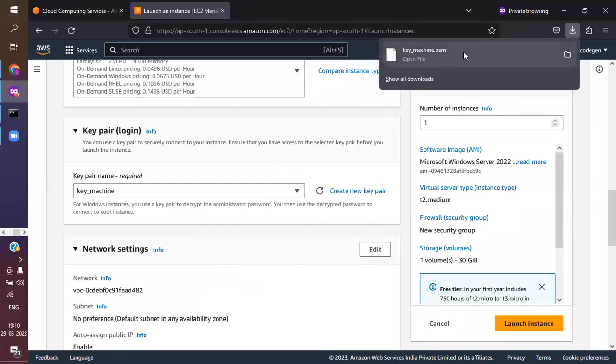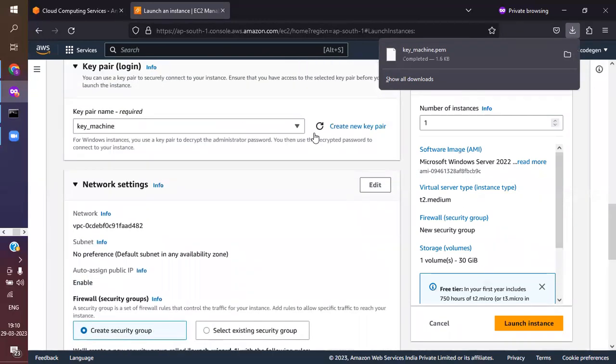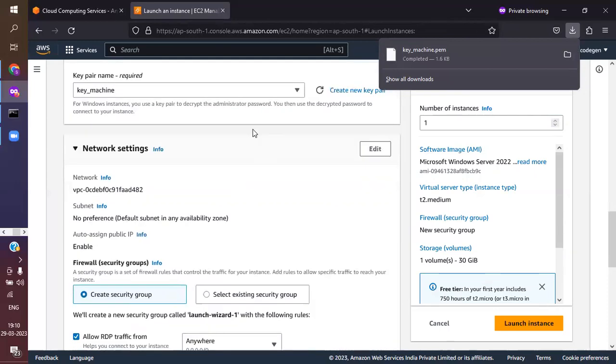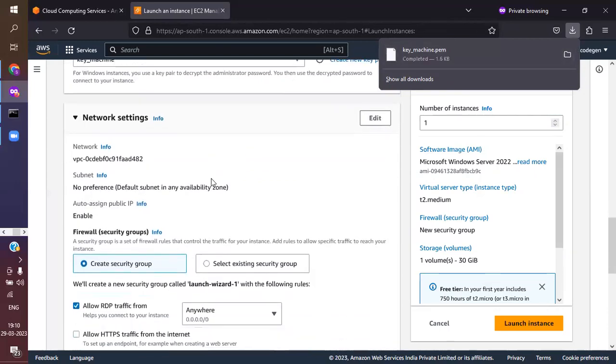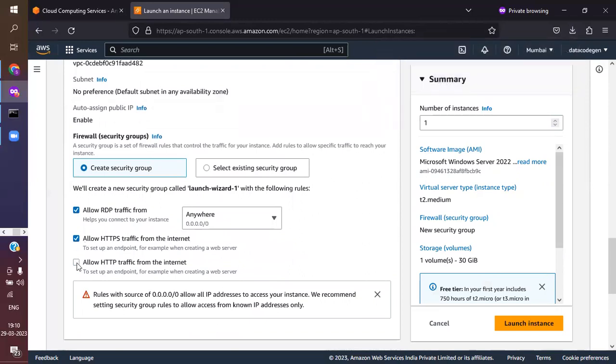So this is downloaded now. Whenever I want to connect to this machine, I should use this one. I will show you how to connect to this EC2 instance by using this key. I will allow all the traffic,